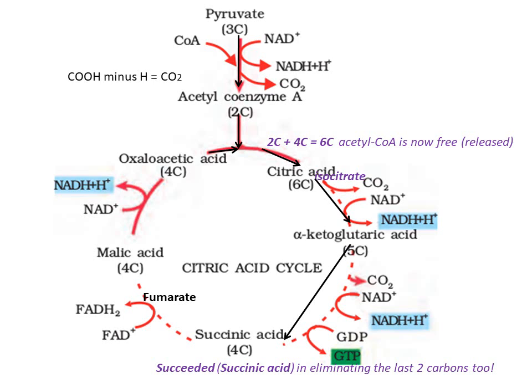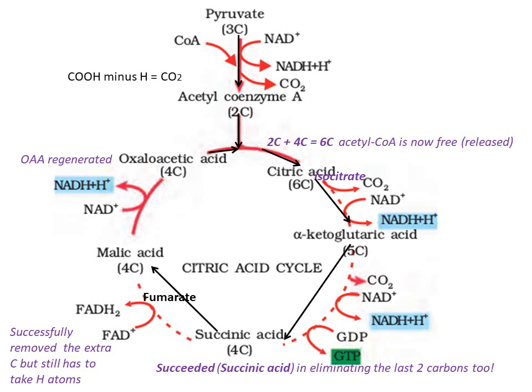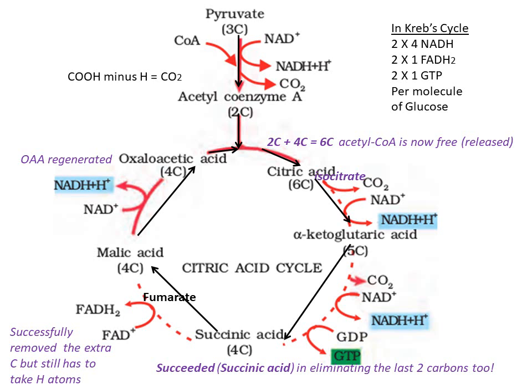So succinic acid in the remaining half of the cycle is regenerated by removing some extra H atoms. Succinic acid is converted to malic acid via fumarate. Hydrogen atoms are removed. Malic acid leads to oxaloacetic acid regeneration. Another H atom is removed. So this completes the TCA cycle. Here in the Krebs cycle or TCA cycle, we have 4 NADH, 1 FADH2, 1 GTP for each pyruvate. So twice the number for each glucose molecule.